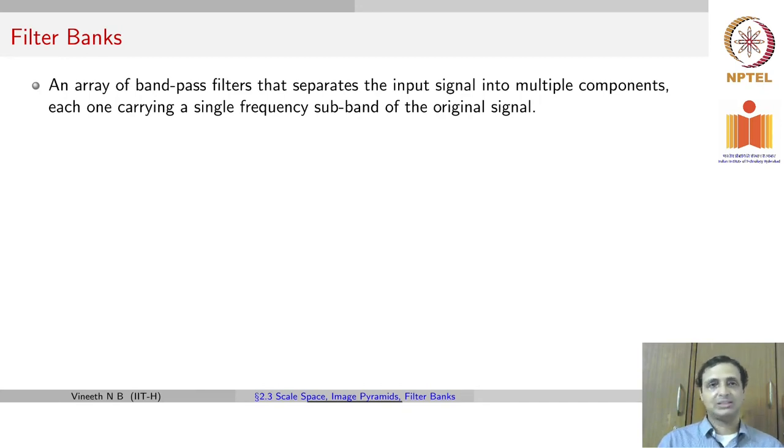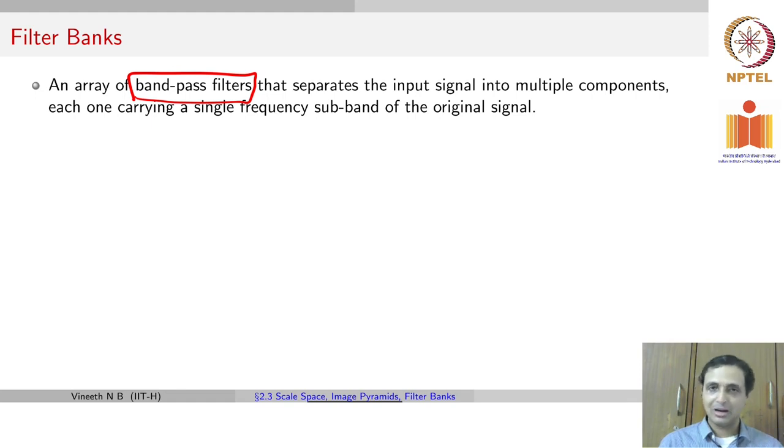A simple way to do this is by what are known as filter banks. Filter banks are, as the word says, a bank of filters. We are not going to use just a Sobel filter or a Harris corner detector or just a Laplacian to compute blobs. We're going to use a set of different filters, a bank of different filters. And what do each of these filters do? Each of these filters can be viewed as what are known as band pass filters.